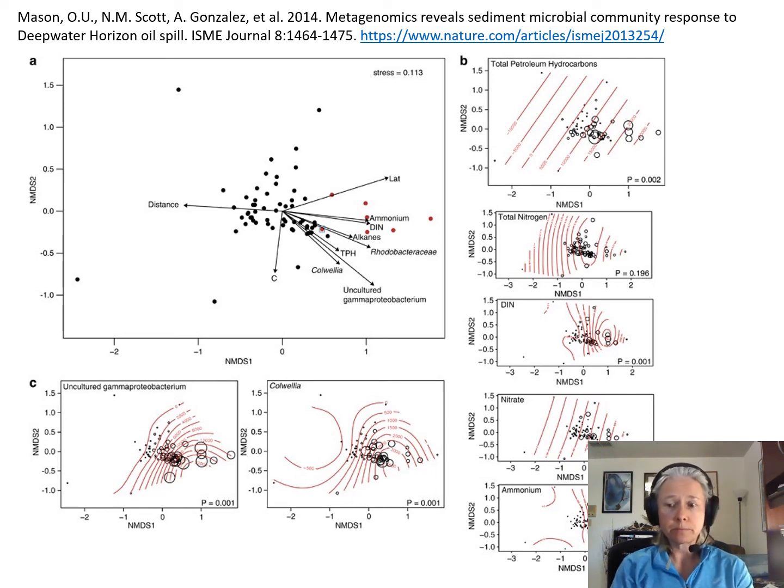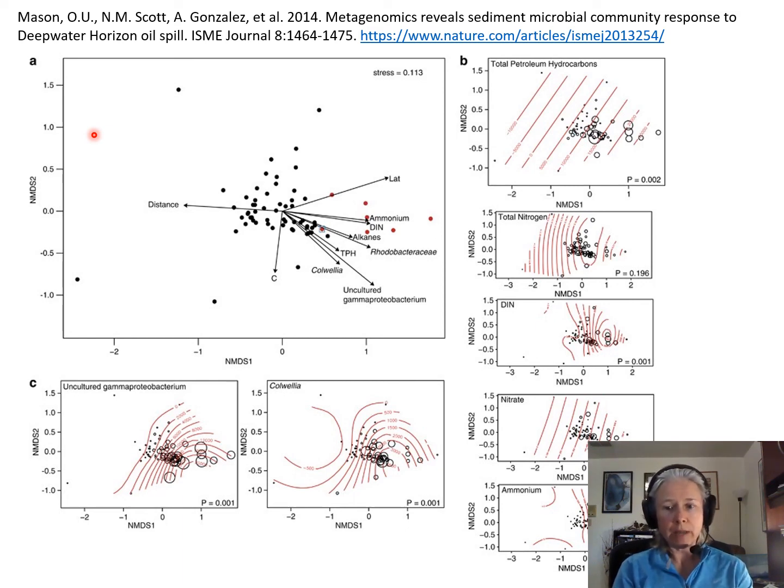environmental consequences. In this study by Mason et al., they examined microbial communities in marine sediments at 64 locations along an oiling gradient. They examined microbial diversity in terms of OTUs, operational taxonomic units, as opposed to species. And they also looked at gene activity, particularly for genes that are known to be involved in the breakdown of hydrocarbons. So in this complicated multi-paneled figure here, panel A shows their NMDS plot, indicating associations between environmental